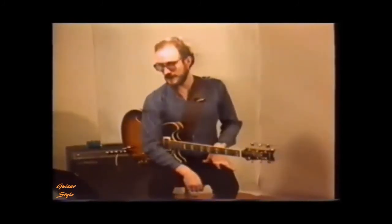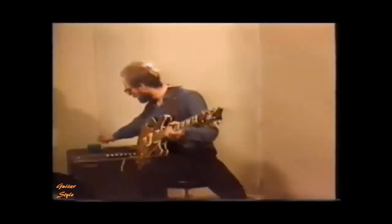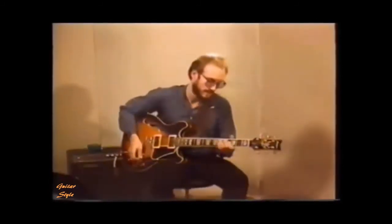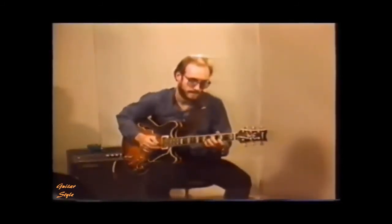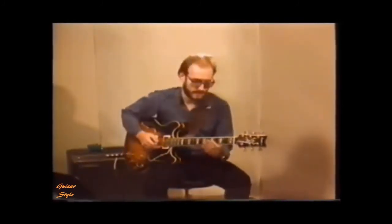Continuing on to page 6, we have pentatonic scales. And all pentatonic means is 5-note scales. And it's probably one of the first things you learn: the blues scale, which is really a minor pentatonic scale. That's the second one here on the list. The major pentatonic scale is...